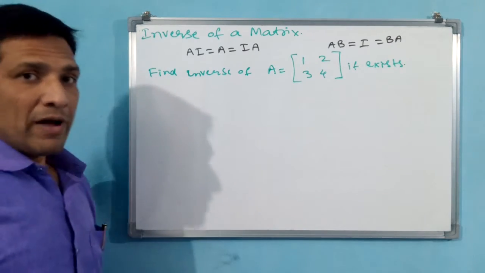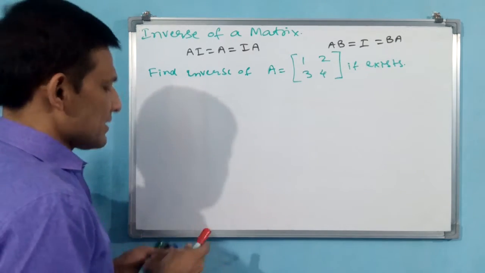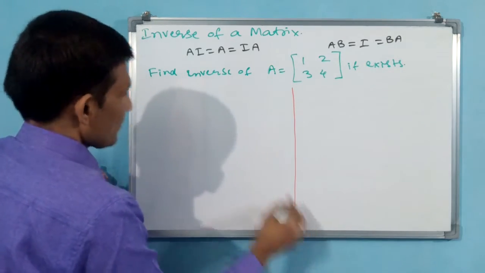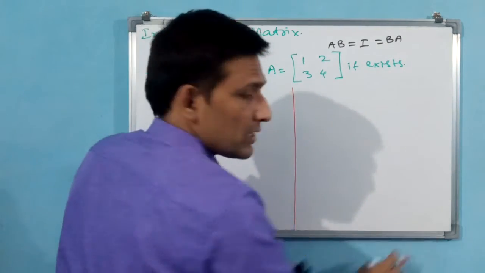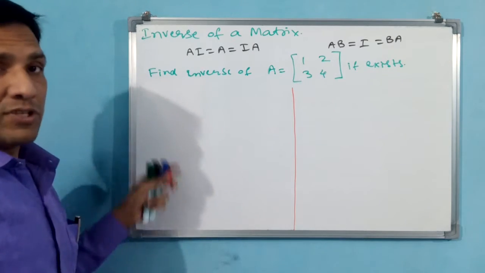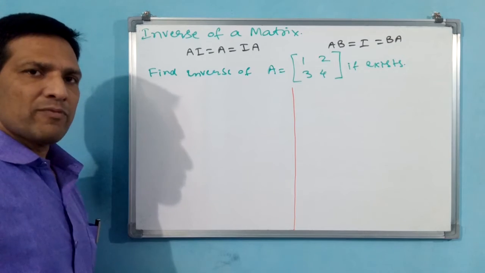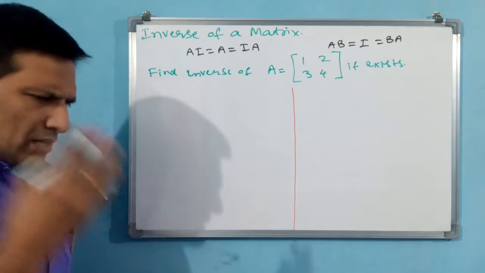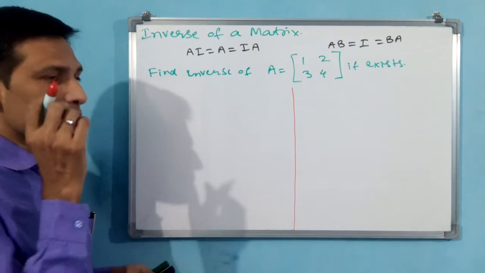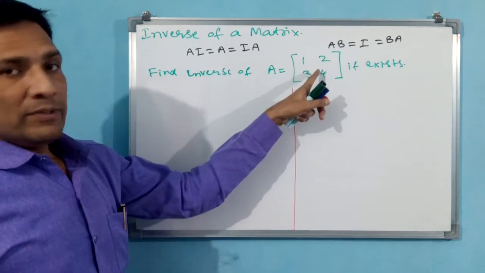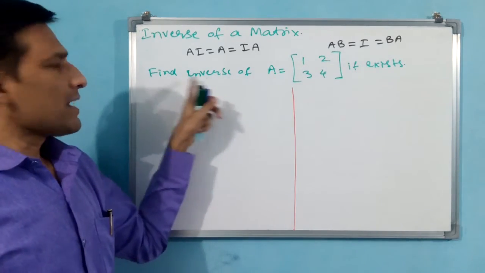Now you see how I am writing. Simply observe, some steps are there. Carefully observe these steps, because only this question we are doing this class. Next class, exercise 3.4, 14 questions. How many questions we are able to do, that much we will do. Now you see, A is equal to 1, 2, 3, 4, but they are asking to find the inverse.